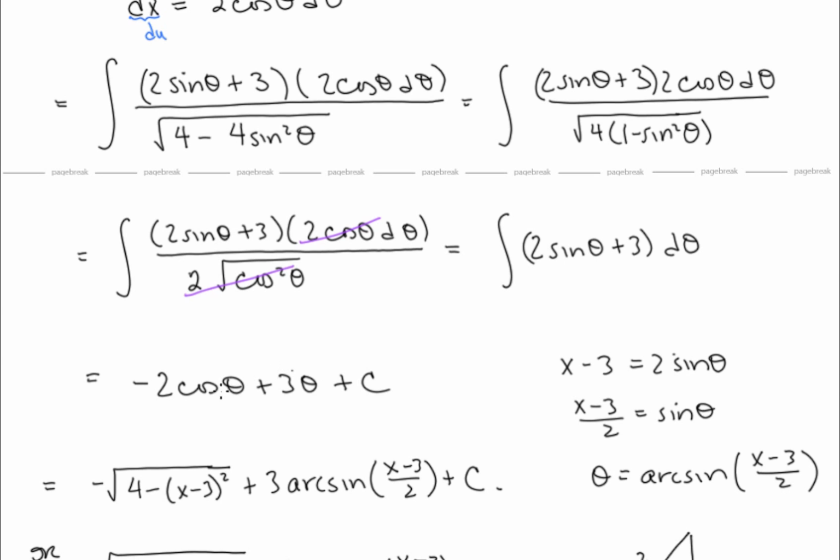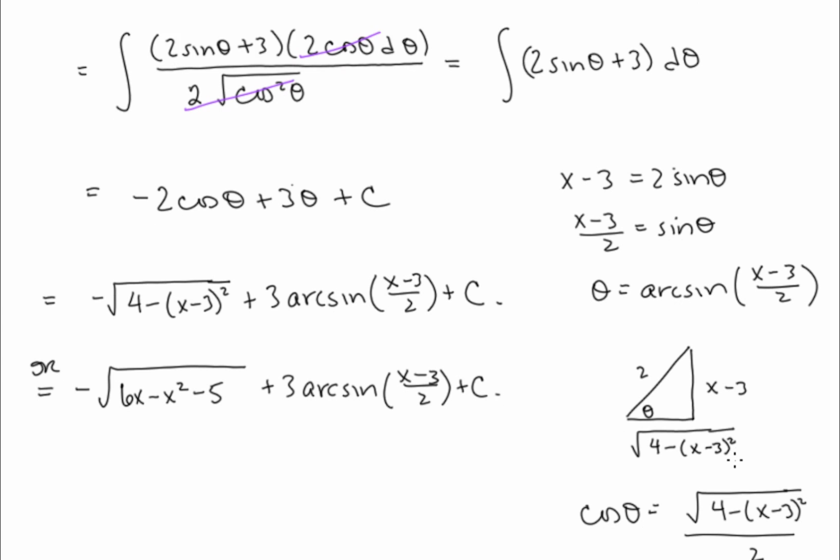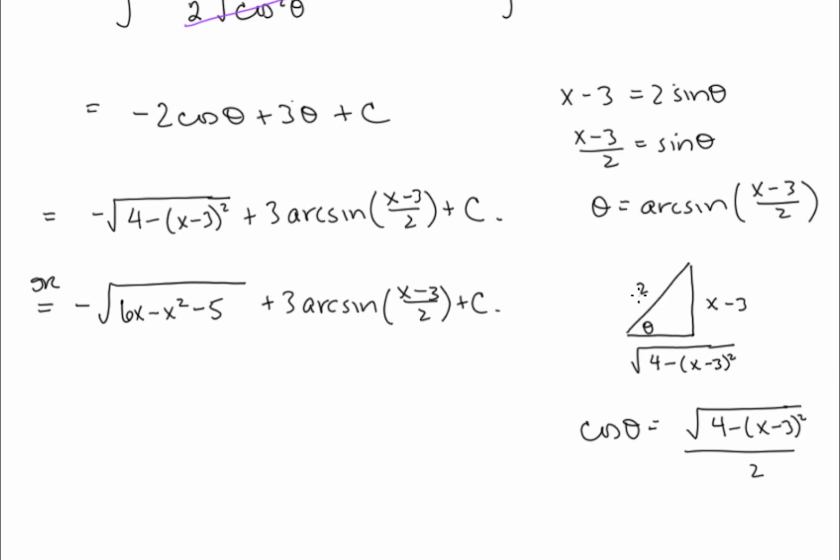And we also need to compute cosine theta from a triangle. So x minus 3 over 2 is equal to sine theta. So opposite is x minus 3 over hypotenuse of 2 allows us to compute the adjacent side as radical 4 minus x minus 3 quantity squared. And so cosine theta is going to be adjacent over hypotenuse, so that's here. And this will go in for cosine theta,